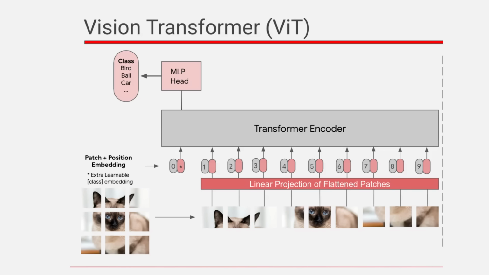There are various ways that people have done this over time. One of the original ways: if you've got a patch of, say, 16 by 16 pixels, that gives us 256 pixels. Each of those has a red, green, and blue channel, meaning we have 3 times 256, which gives us 768. You can think of that as an embedding, but it goes through a projection layer to become an embedding. We end up with tokens where each token represents a patch from an image.